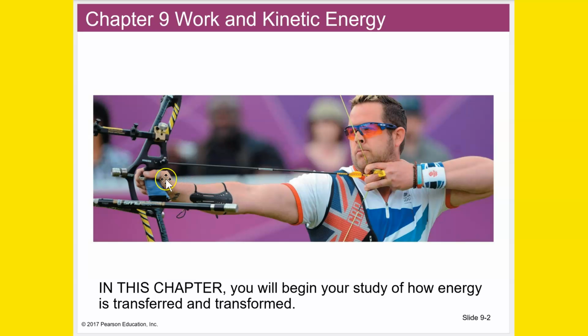All right, this is a very good picture to think about what energy is happening here. The bow and the arrow and the string, if we think about that as a system, there's a lot of potential there. We call that potential energy. When he lets the string go, the arrow starts to fly. That potential energy converts into the energy of movement called kinetic energy. So in Chapter 9, we're going to be mostly focused on kinetic energy and how that relates to work.